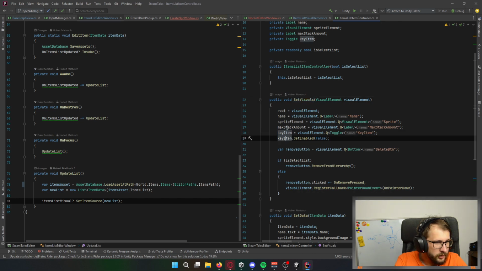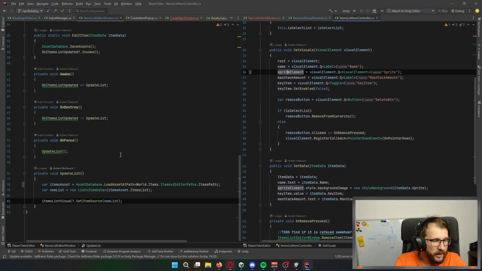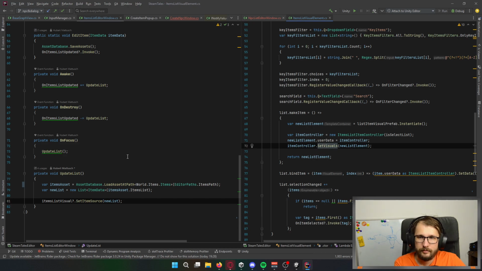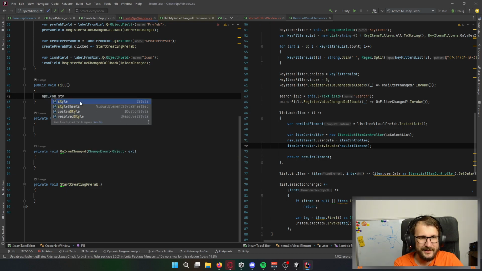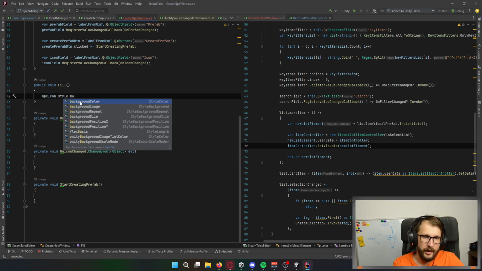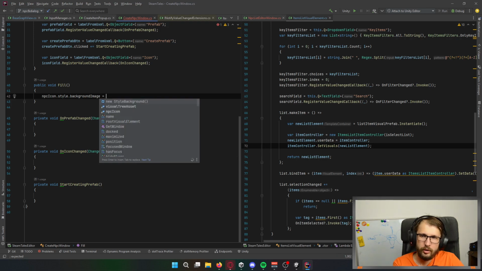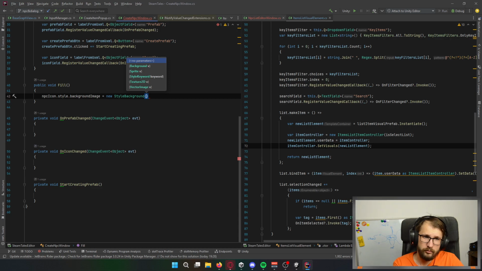Okay. Key item name, sprite element. Okay. Style background image. Okay, that's good. So here, it was style, background image should be this one with null. Let's go with null.